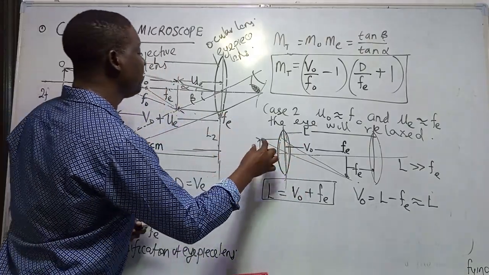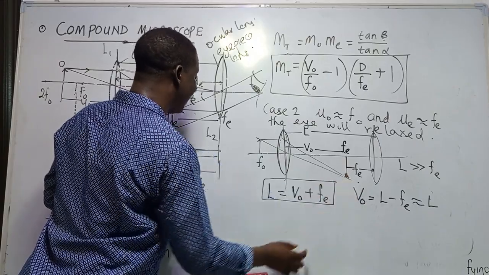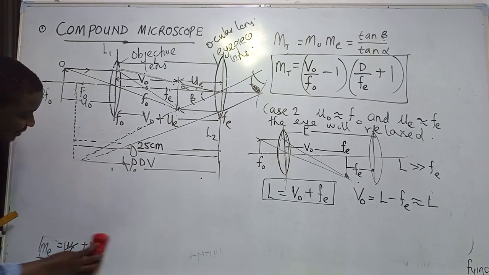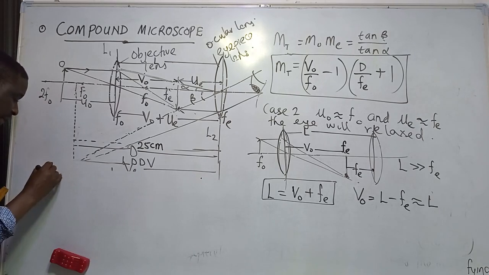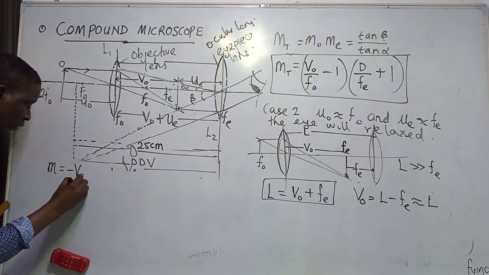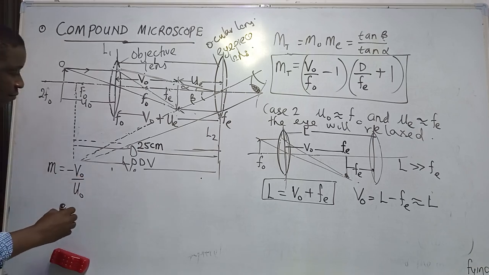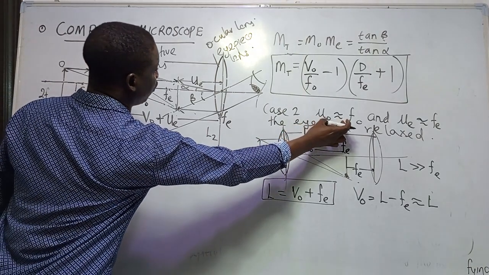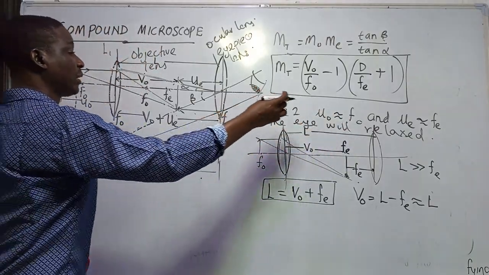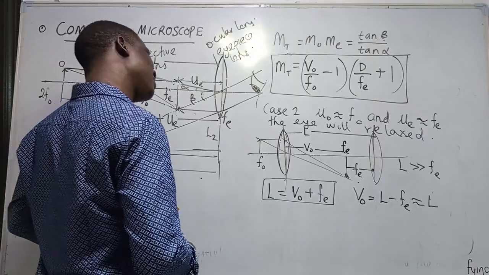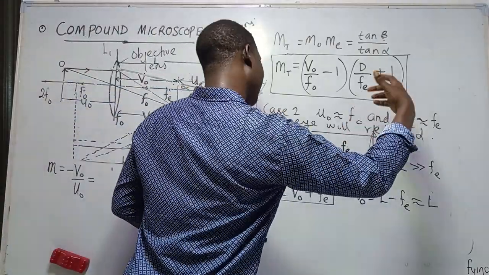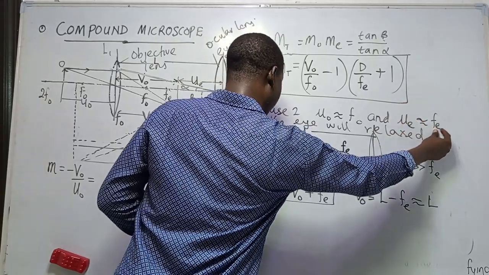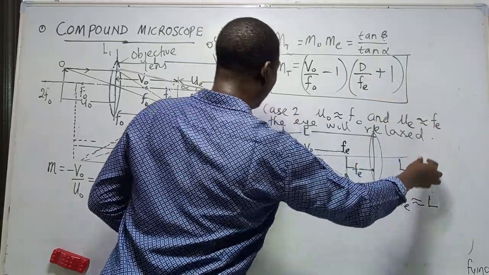The image of the objective lens is inverted, and since it is inverted, the magnification M is equal to minus V naught over U naught. Now, I told you that at this point, when the object is close to the focal length of the objective lens and the object distance of the eyepiece lens is close to or exactly the same as the focal length of the eyepiece lens, that means the image distance is almost the same as, or exactly at,